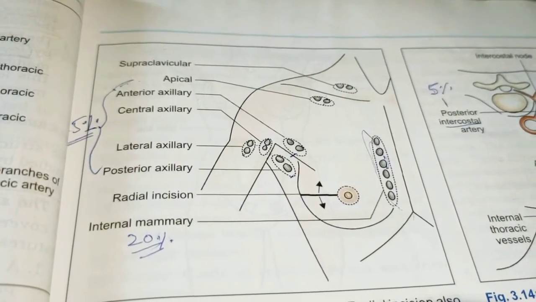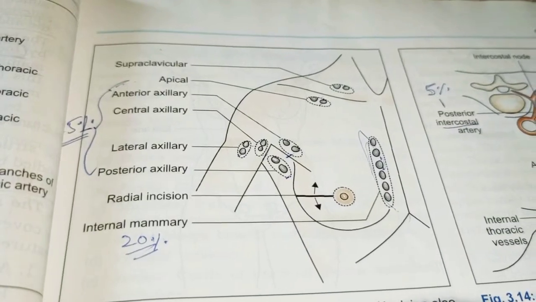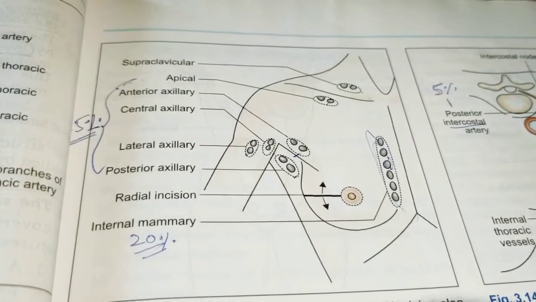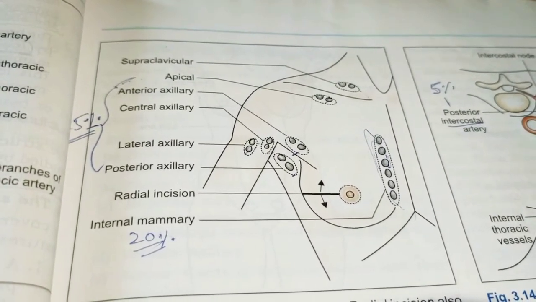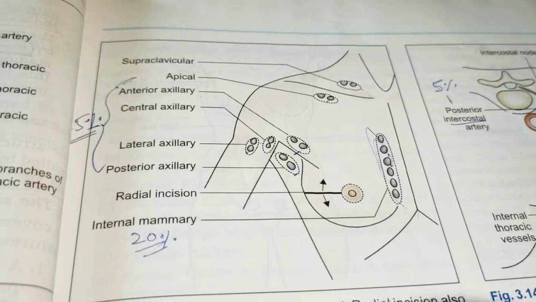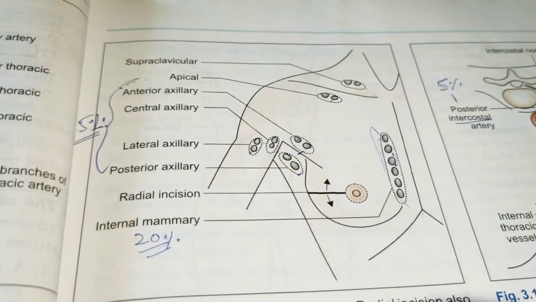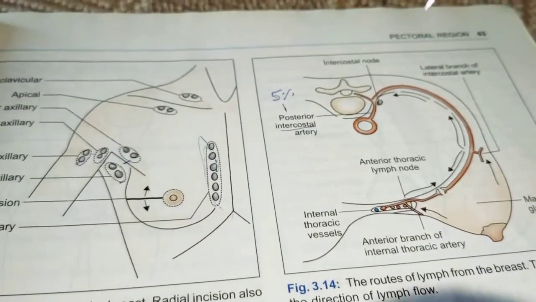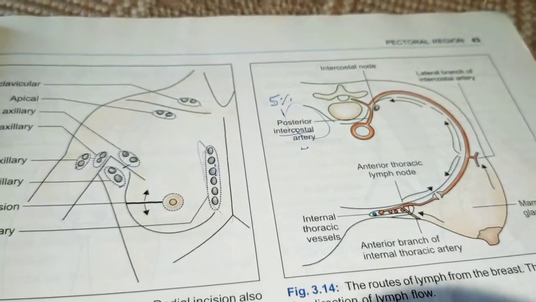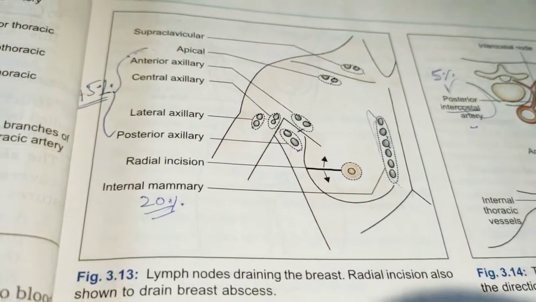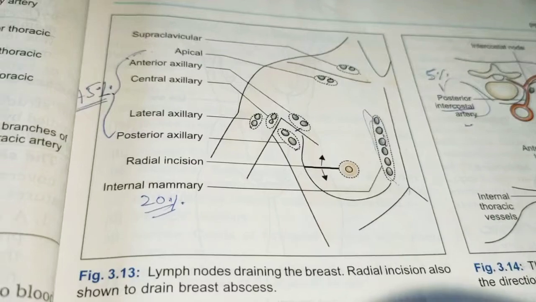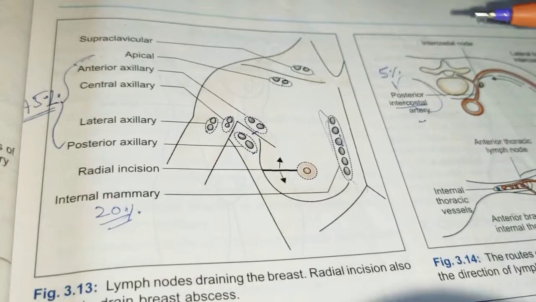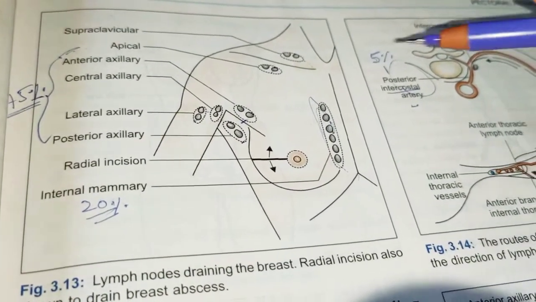Next you have another lymph node, as some lymph may reach the supraclavicular nodes. Just above the clavicle you have the supraclavicular lymph node, and you also have the cephalic lymph node, which is also called the deltopectoral nodes. You also have the posterior intercostal lymph node. You can see here the posterior intercostal artery; in that way we have the posterior intercostal lymph node. So like this we have different lymph nodes. Posterior intercostal lymph nodes are in front of the head of the rib. The rib on its posterior side will have the head, everything, right?